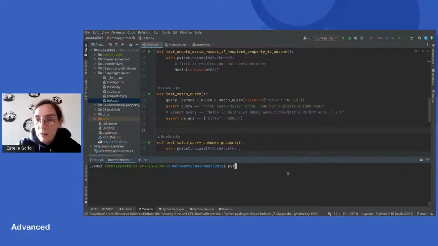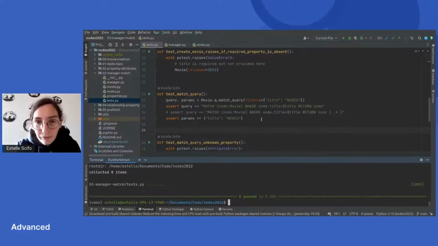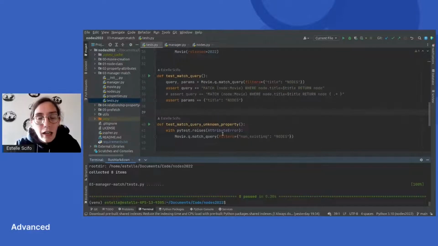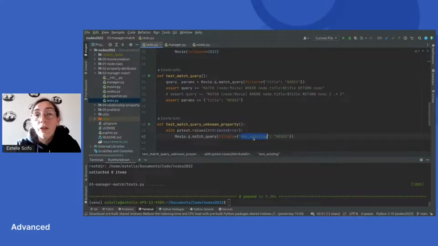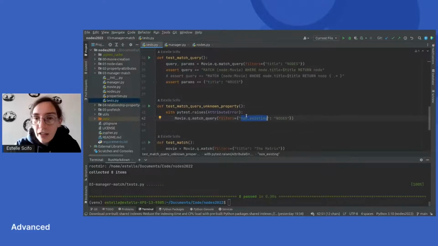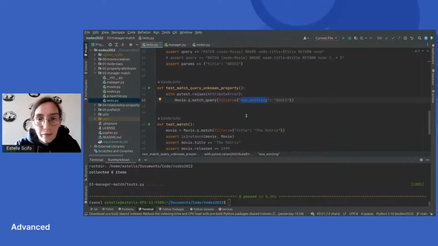And actually, we can test. I haven't shown you so far, but all the tests here are passing, right? And the same for the match query. If we are trying to match a node from a non-existing property, then some errors will be raised.